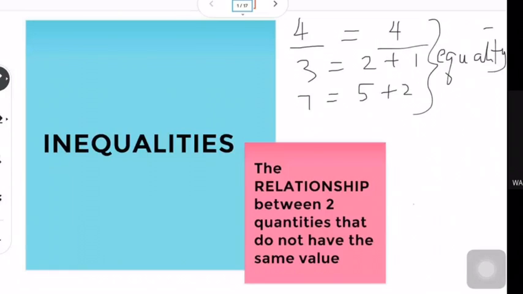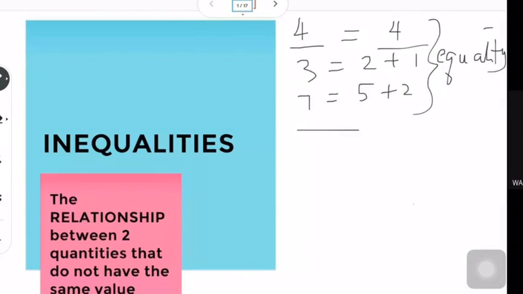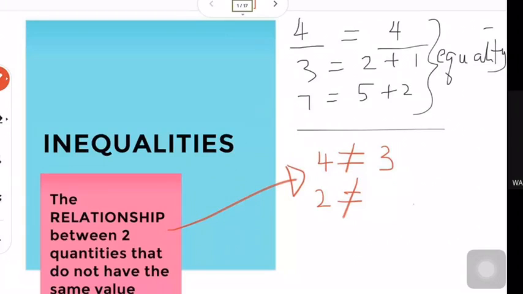So in other words, let's say we have 4 is not equal to 3. 2 is not equal to 4 minus 1. 5 is not equal to 3 minus 2. This is the equal sign, and this is the not equals to sign. Instead of using this symbol not equals to, we use another symbol